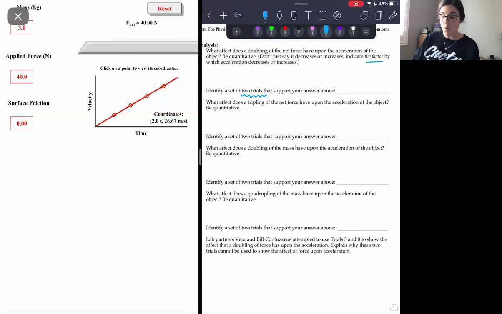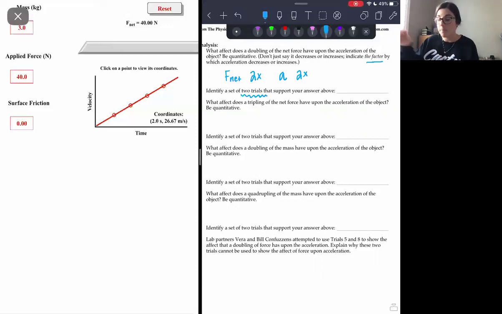what this looks like is, for example, if net force doubles, aka it's multiplied by 2, maybe, I don't know, just maybe acceleration is going to increase, right? It's not enough to say acceleration increases. That doesn't tell us the manner in which it increases. So a more accurate way of describing how acceleration increases is saying that when net force doubles, acceleration also doubled. What? No way. You're going to have to look at your data and see if it actually does that